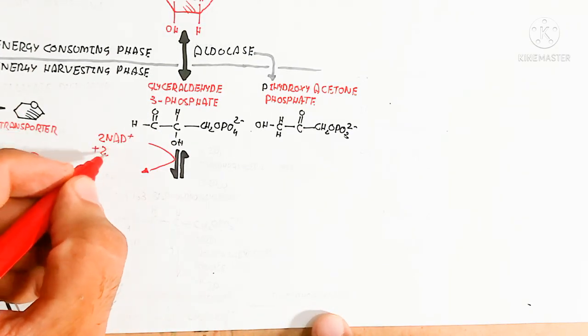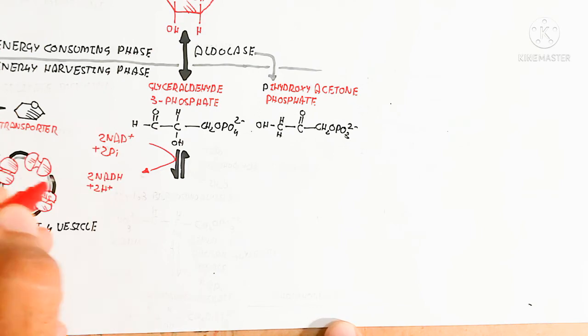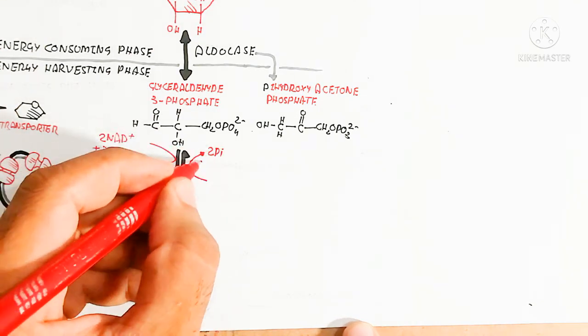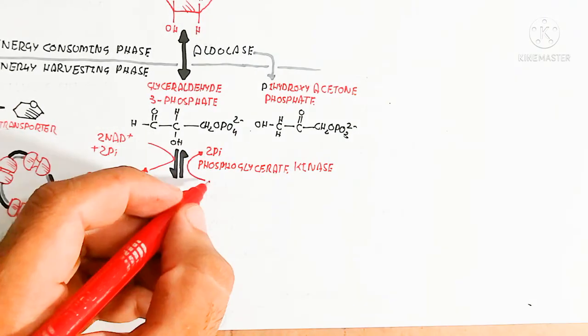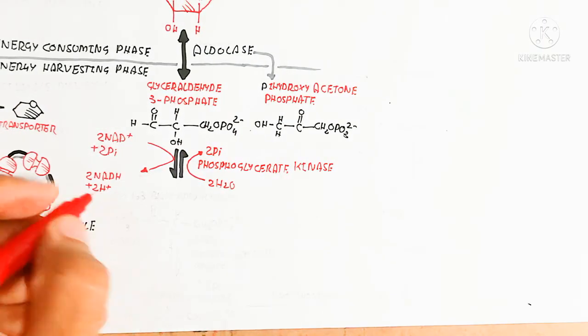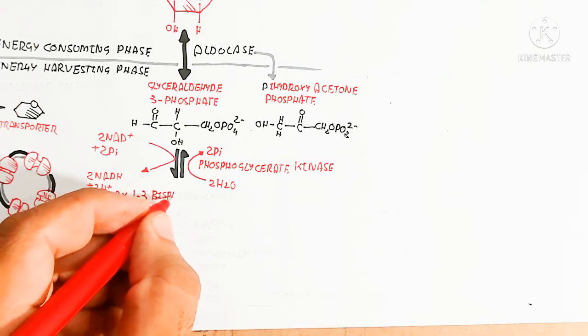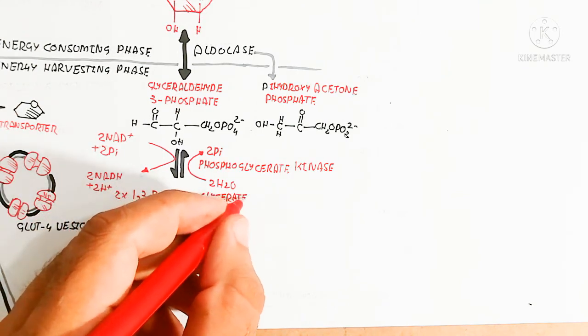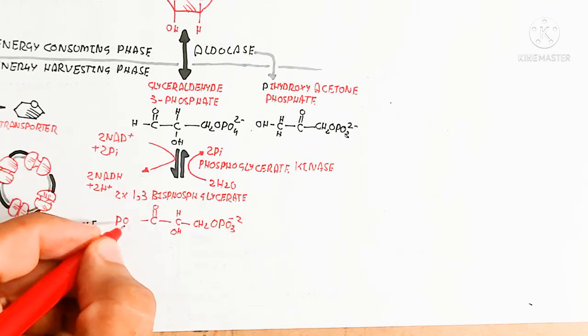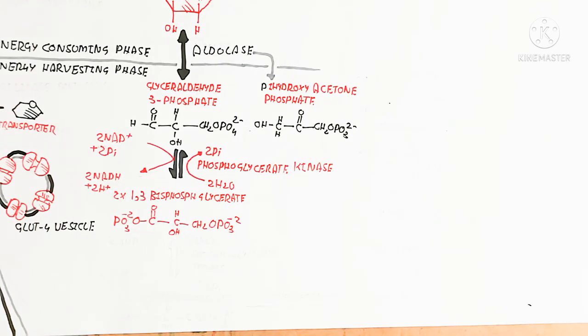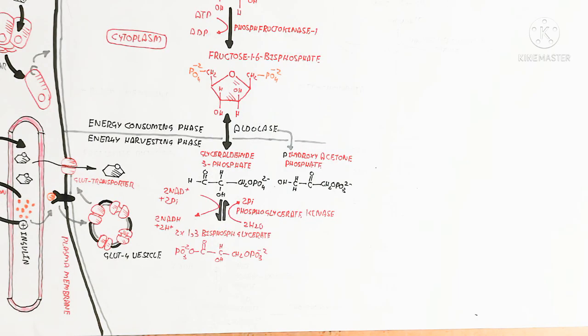So next is the energy harvesting phase. In this phase, the NAD+ is converted into NADH, and basically we are understanding the two reactions collectively in this manner. So the phosphoglycerate kinase enzyme is used with the water to produce 1,3-bisphosphoglycerate. It means the 1,3-bisphosphoglycerate is basically